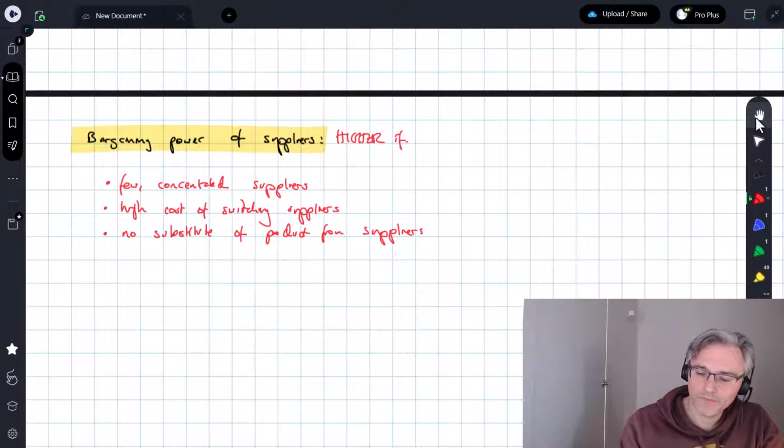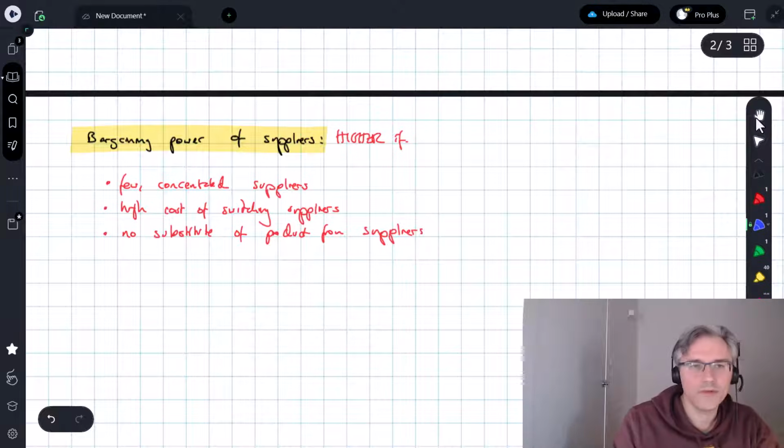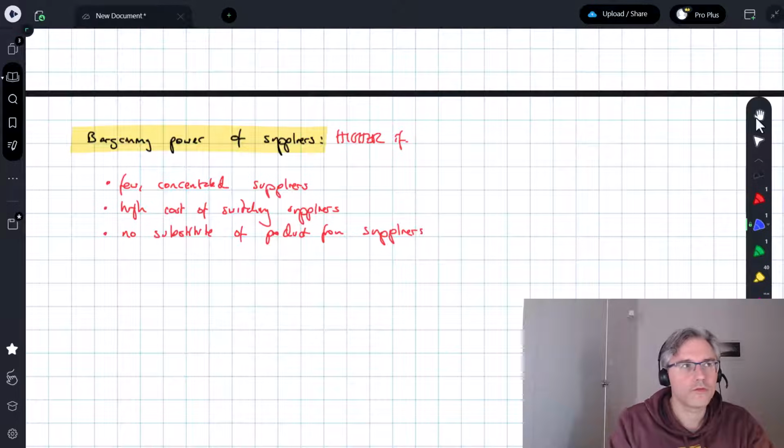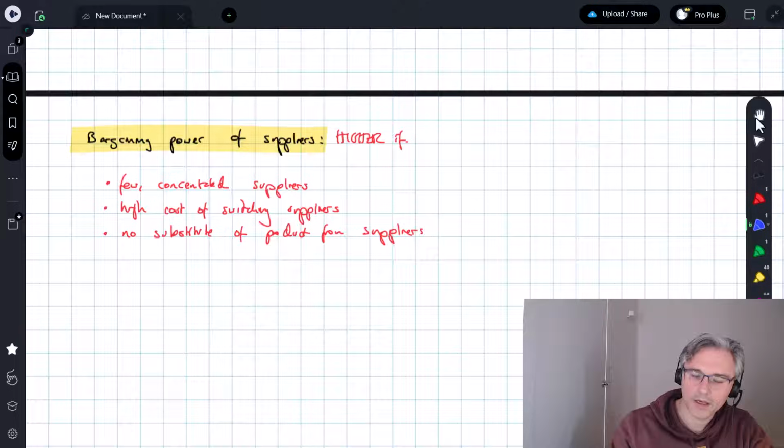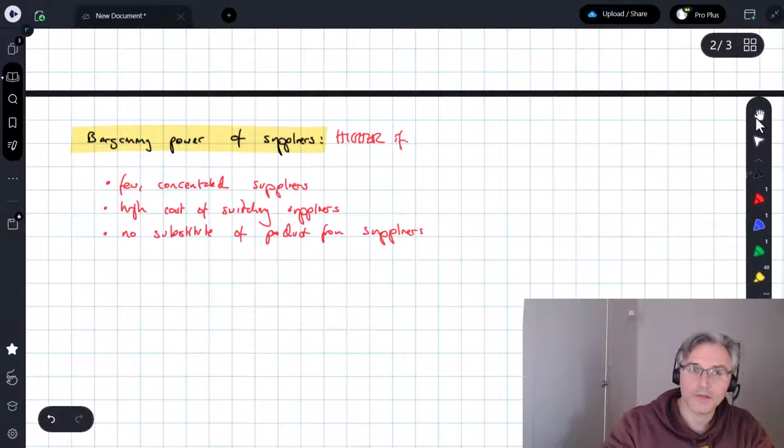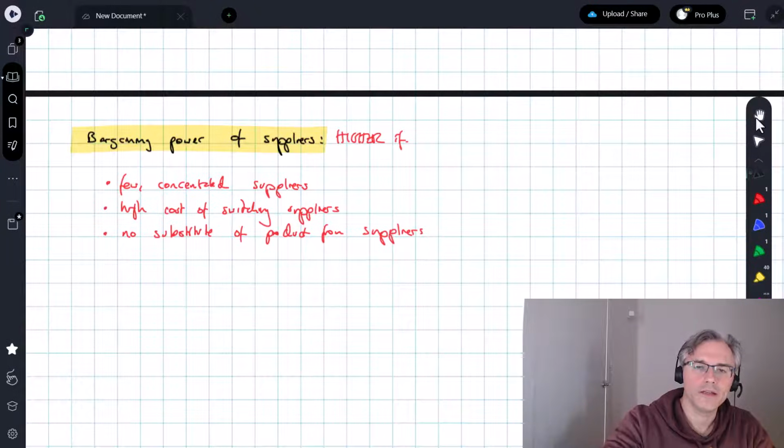There is, I think, an example that's not in your book, but talking about semiconductors or modern chips, there is a company in Holland, in the Netherlands, in Europe, that makes equipment for the production of semiconductors, and it makes the most innovative product, and everybody who wants to make chips needs access to their technology. So as a supplier, their bargaining power is absolutely up there in the sky.